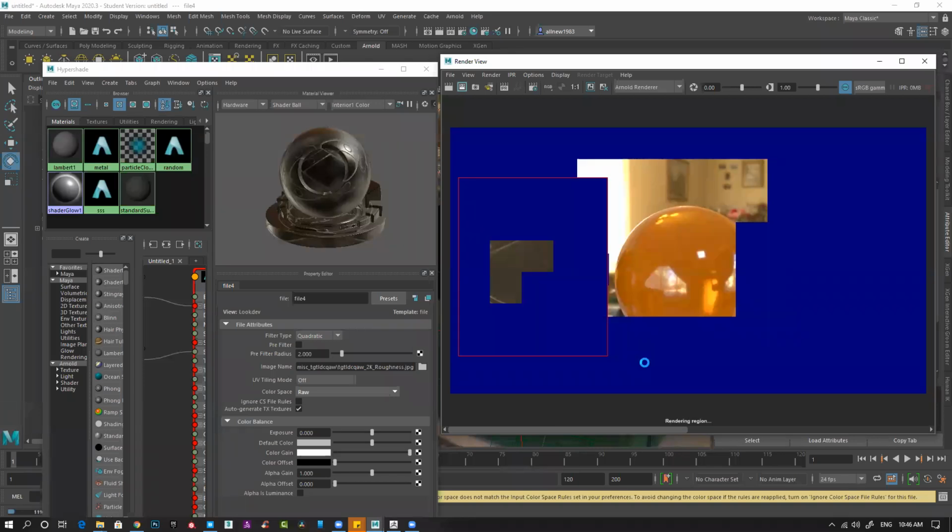Still the same, nothing happens. Why is it taking so much time? Okay, so basically nothing is changing, even if you change it to raw.